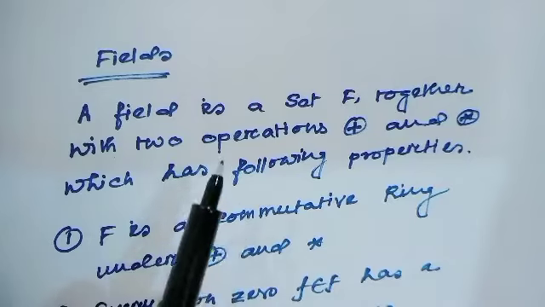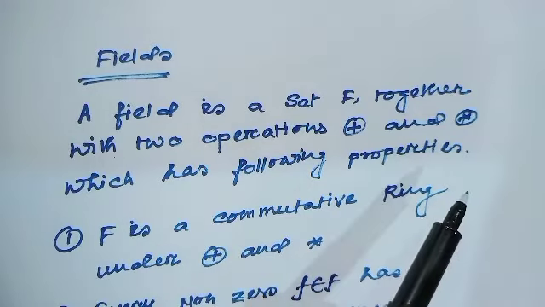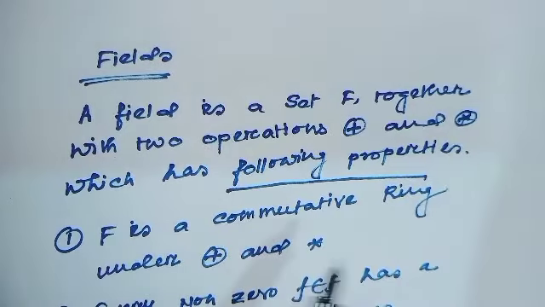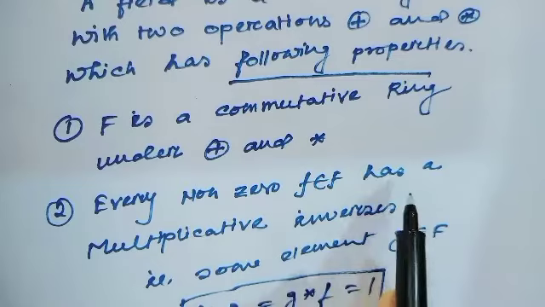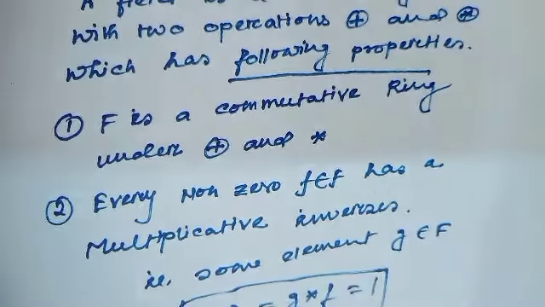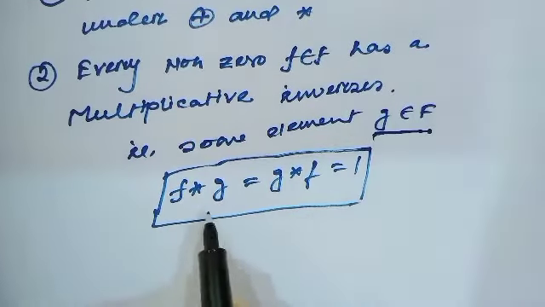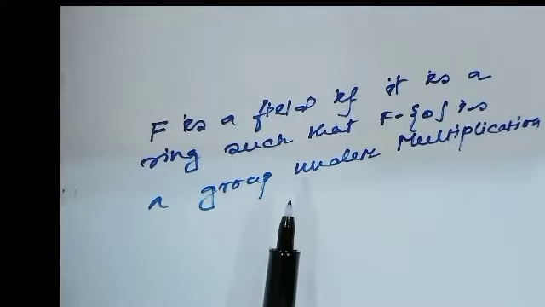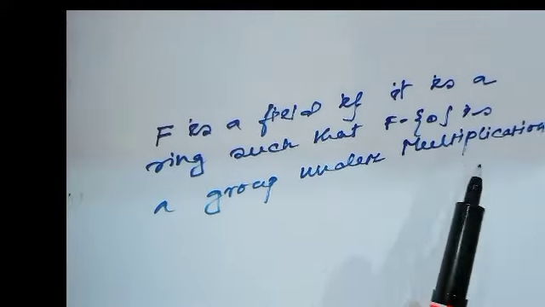Okay? A field is a set F together with 2 operations, addition and multiplication, which has the following properties. 1. F is a commutative ring under addition and multiplication. Second, every non-zero element f belonging to F has a multiplicative inverse. Consider g belongs to F, then f composition g equals g composition f equals 1. Actually F is a field means it is a ring such that F minus singleton 0 is a group